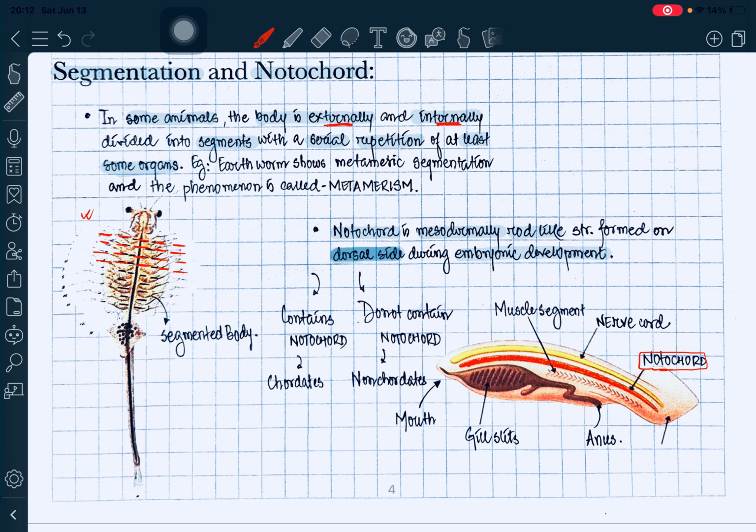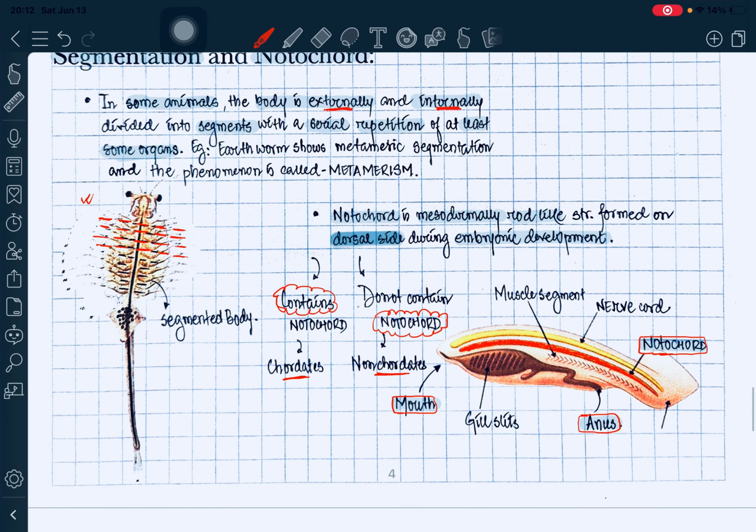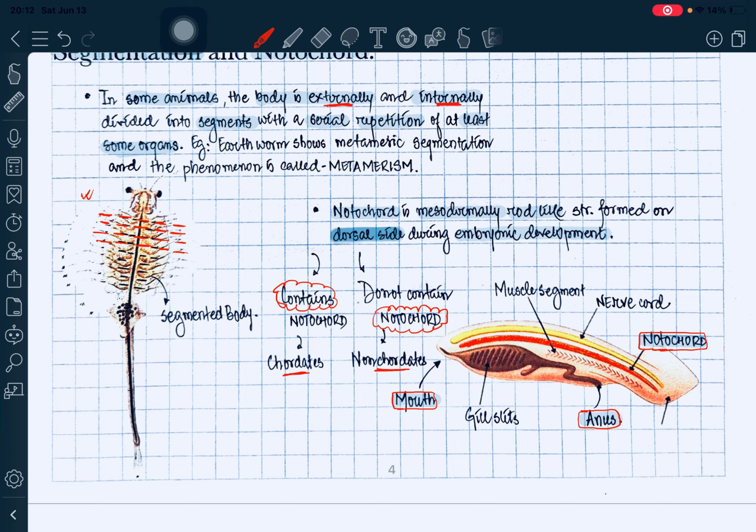Other than that, you can see the other structures are also present, like the mouth and the anus, right? Since we are discussing the notochord itself, we'll keep our discussion to notochord only. If an organism contains a notochord, it is called a chordate, and if an organism does not contain a notochord, it is called a non-chordate. Okay, so in the upcoming classes, we will be discussing the other basic things, and then we will move into discussion of each and every